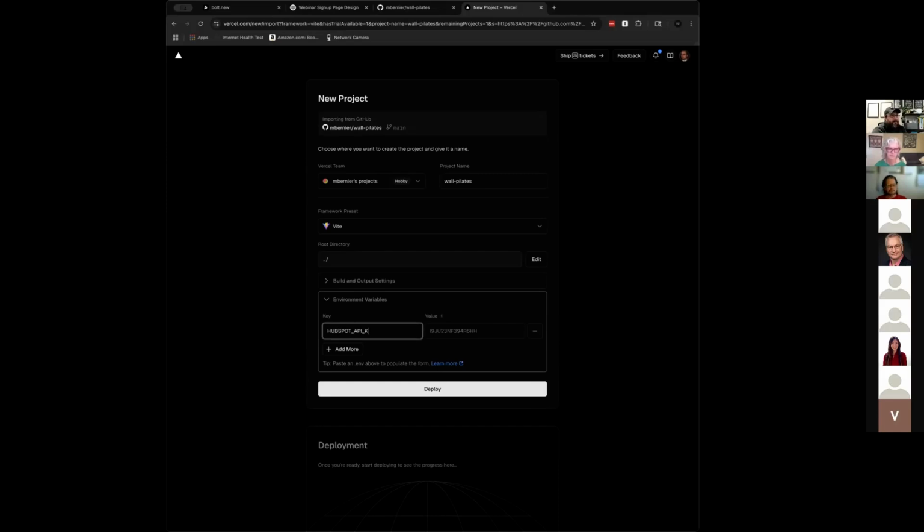When you go to deploy, you would put that here and say HubSpot API key, and then I'm just going to write my secret key. And you would save. It will put this into the operating system of your website so that it's never stored on your disk. It's only in Vercel where it's safe. So if anybody ever hacks your website or whatever, they can't get that password.